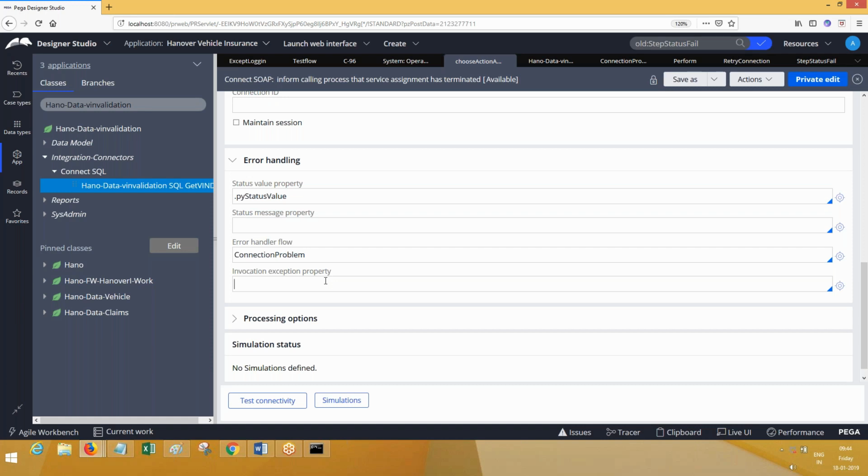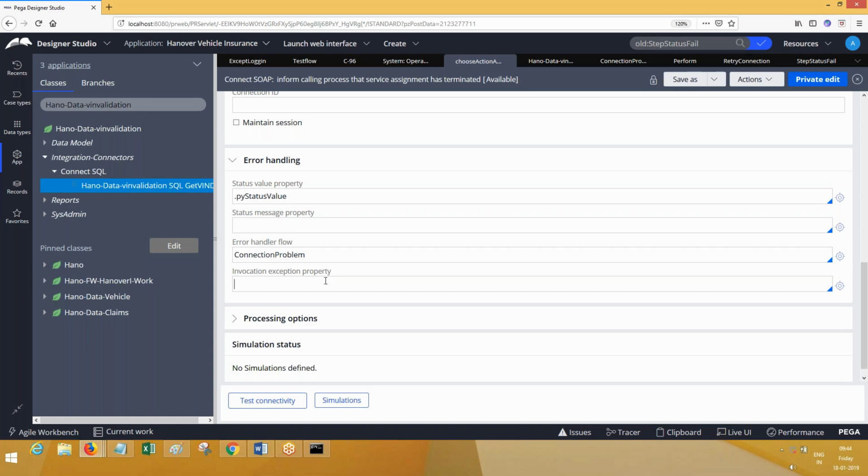So that when you do tracing of the issue and all in the log files, if you want to see, you will get all exception details which you have logged using these properties which I have mentioned here. This is clear, everyone? Like this, exception handling can be done by using exception handling flow and by using activity